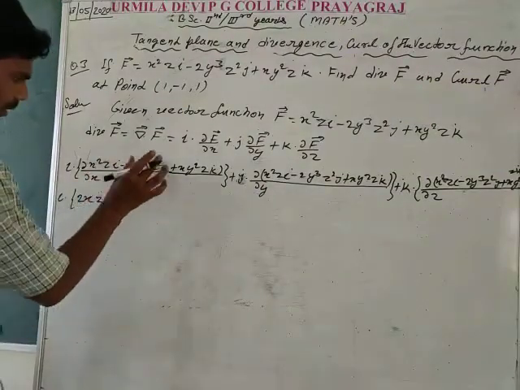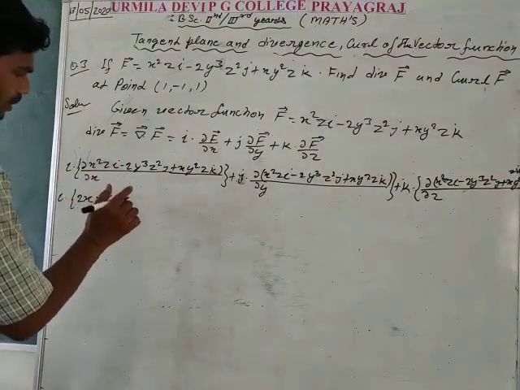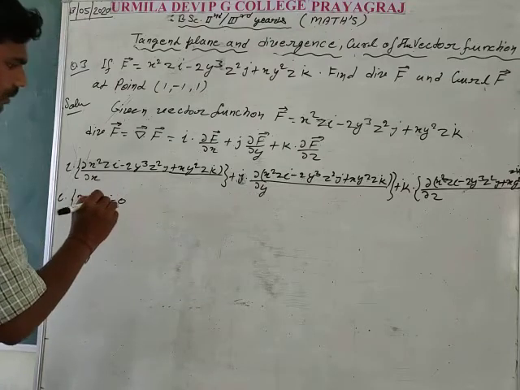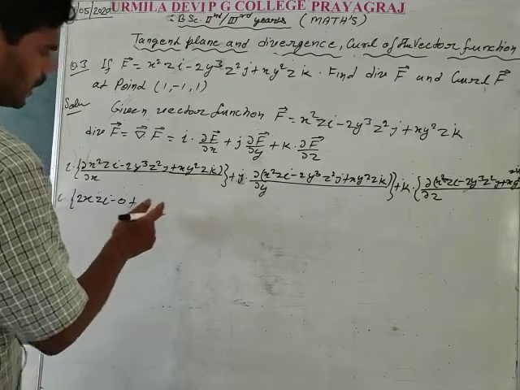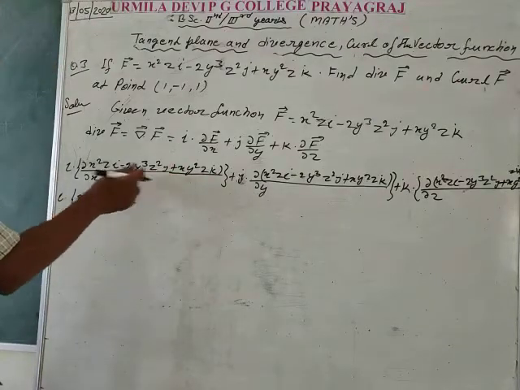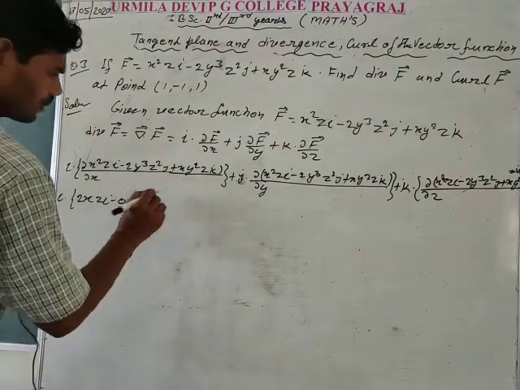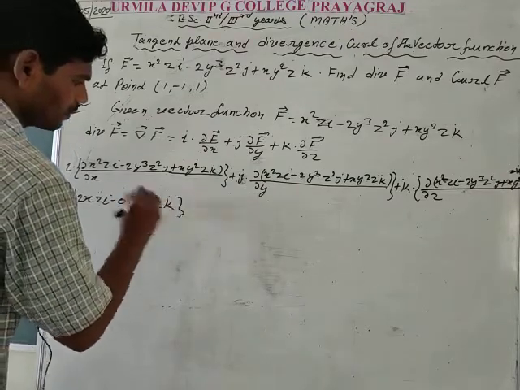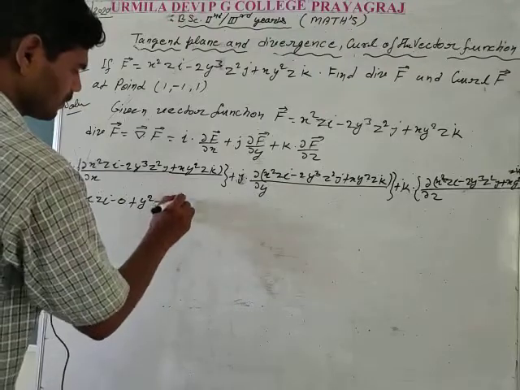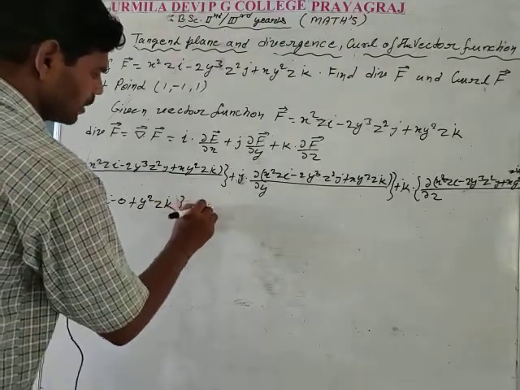So the value of this with respect to x is 0. In the third, y square z and k are constants, and differentiation of x with respect to x is 1, so only the part y square z k remains. Close bracket, plus j dot